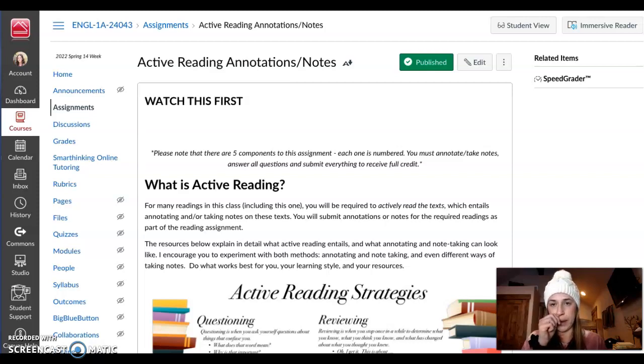So this first assignment is really going to go into what active reading is and what annotations or notes when you're reading look like and how you can accomplish that and all of the benefits that go along with it. So please note that there are 5 components to this assignment. Each one is numbered, and you need to annotate or take notes, answer all the questions, and submit everything to